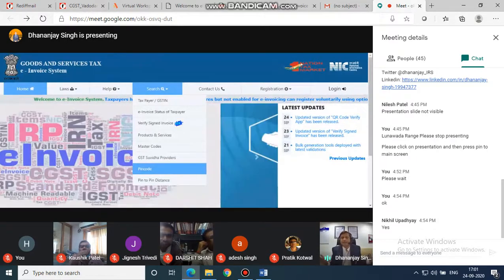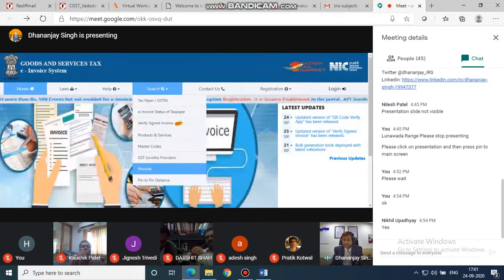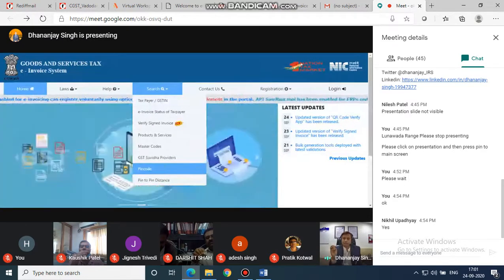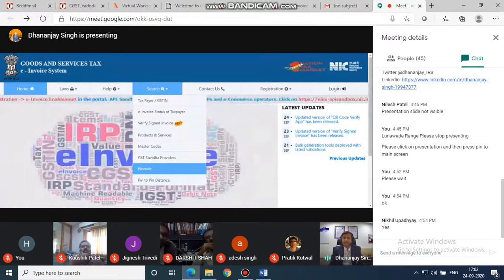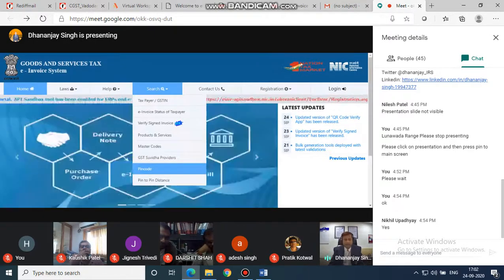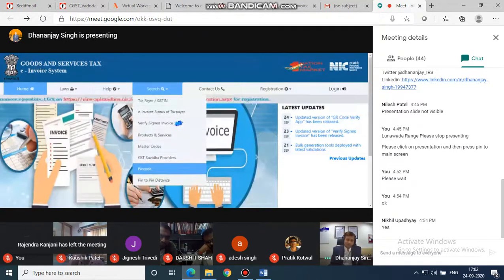E-invoice has multifold implications and multifold advantages. So it is not merely an electronic PDF document. It has multiple aspects, such as standardization of fields and standards. It can be leveraged by financial institutions, banks for example, in sanctioning of loans. It can even be integrated with the public procurement systems of the government.